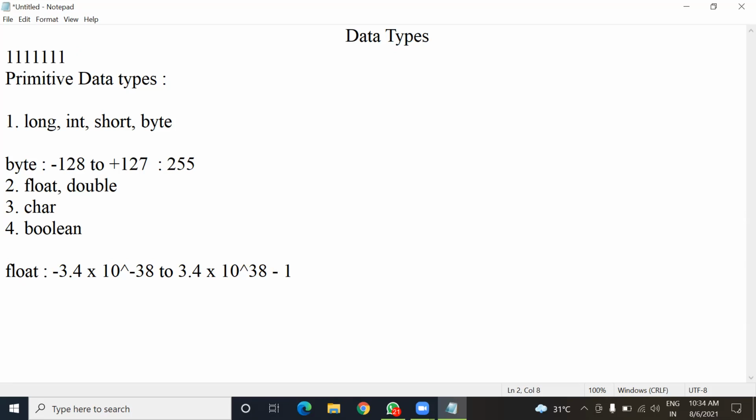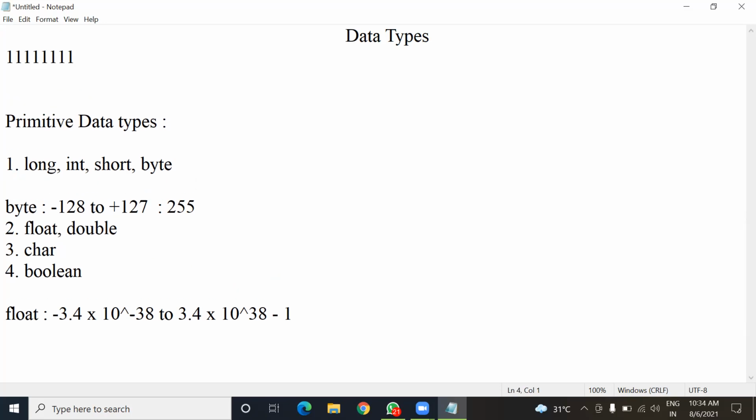It is just like if I tell you to write the largest number of 5 digits, you will write 5 times 9. If I tell you to write the largest binary number of 8 bits, you will write 8 times 1. Both are similar here.